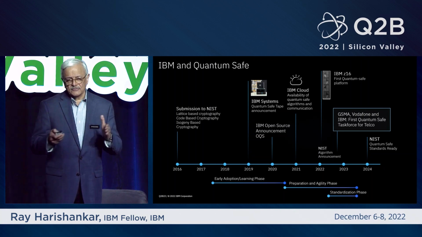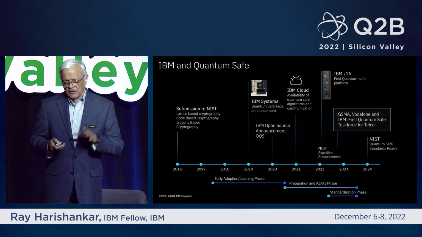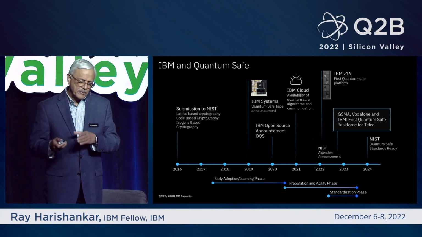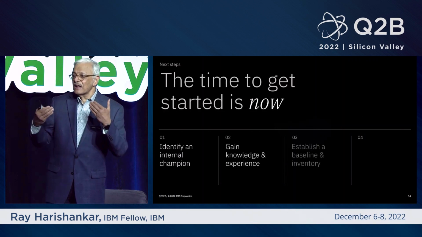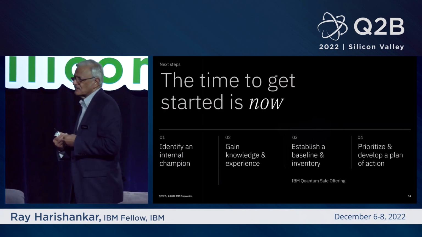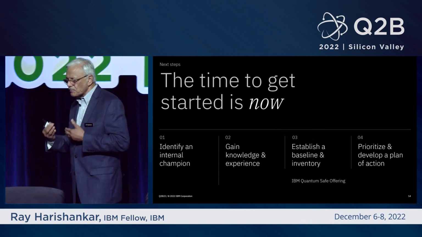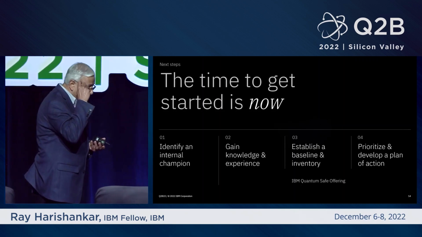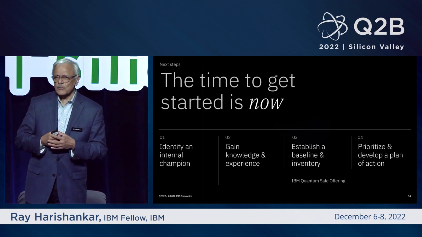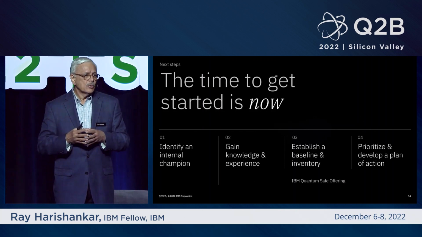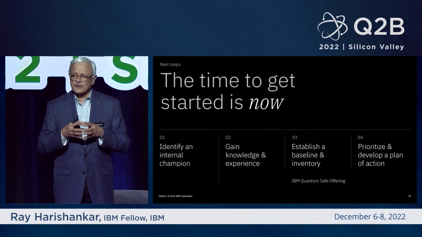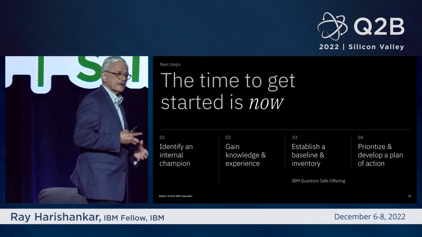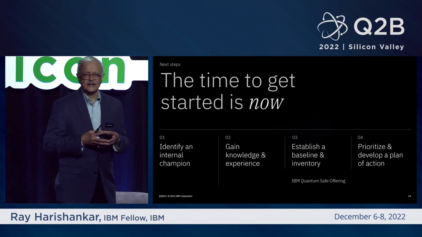So the point behind all of this is we were quite confident that our algorithms will pass scrutiny, and we have incorporated them into these systems. But that's just one set of actions that we have taken. But if you say, so what should enterprises do, right? What should clients do? What we recommend is that everyone has to identify a champion, and it'll be their job. In other words, if you're serious about making yourself quantum safe, go name a person whose job it is to do that. Otherwise, it never gets the focus that it deserves.